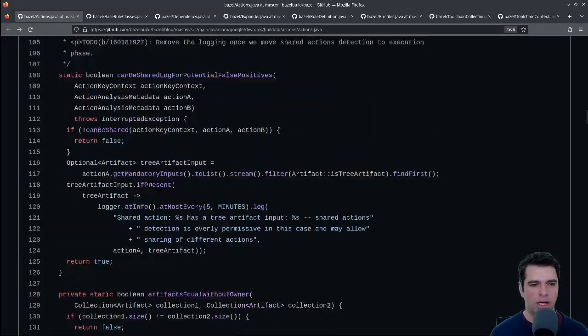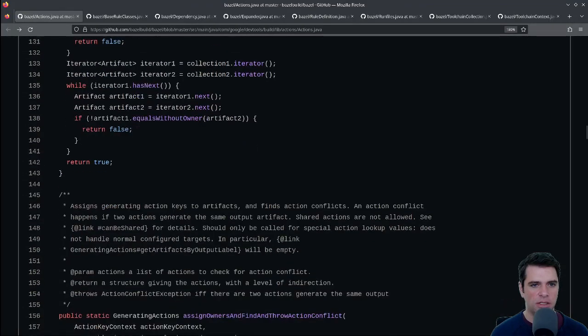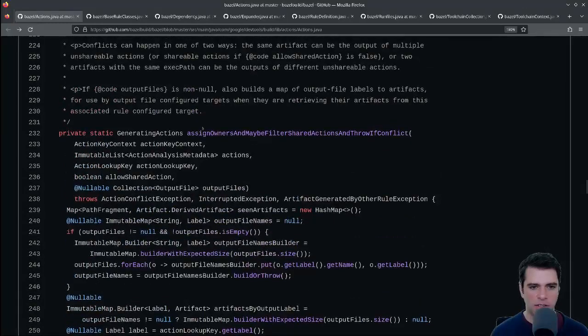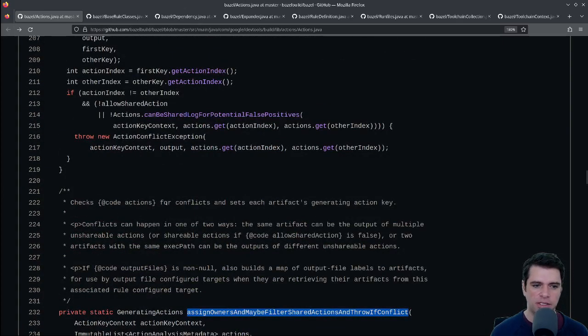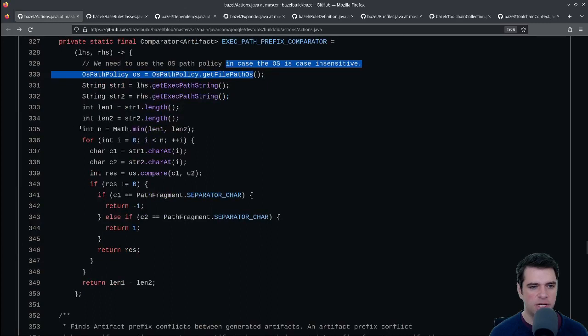There's a more involved can be shared log thing. Artifacts equal without owner. So this is kind of like bookkeeping about actions. This is a long method name. Look at that. Assign owners and maybe filter shared actions and throw if conflict. So it checks actions for conflicts and sets each artifact's generating action key. Conflicts can happen in two ways, blah, blah, blah. Okay, cool. You could have this comparator that you can use to compare things. It looks at the file path, execution path, some lengths of strings, and then I'm guessing it